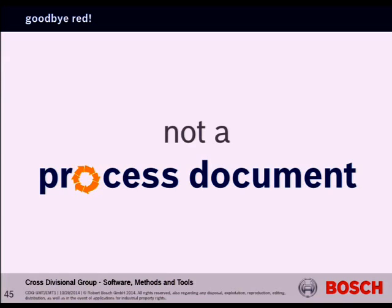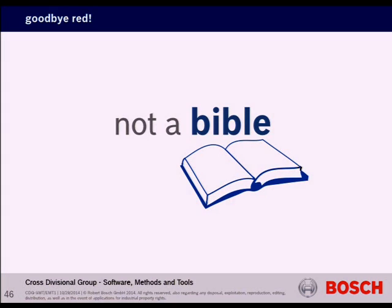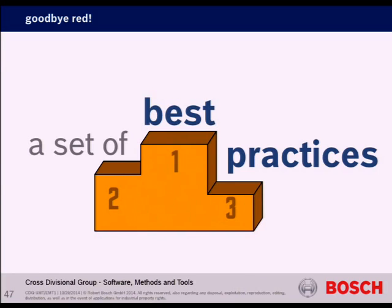So we introduced something called the Yellow Book, which was not really just another process document. It was not really a Bible, so to say, which says that if you don't follow it, you will be punished or something like that. So it was really simple English, and it was a set of best practices for the developers, what's expected of a developer on a daily basis from the first sip of coffee that you take to the time that you leave your office. So it's really simple English, what you can follow and then make the working environment, your system,